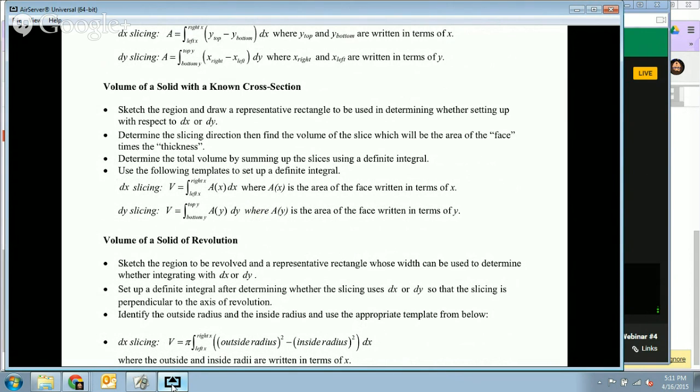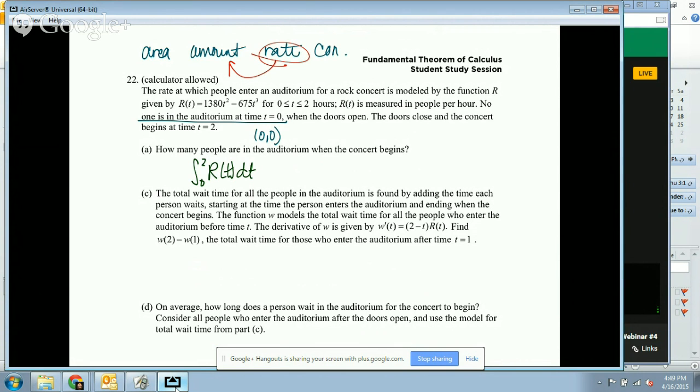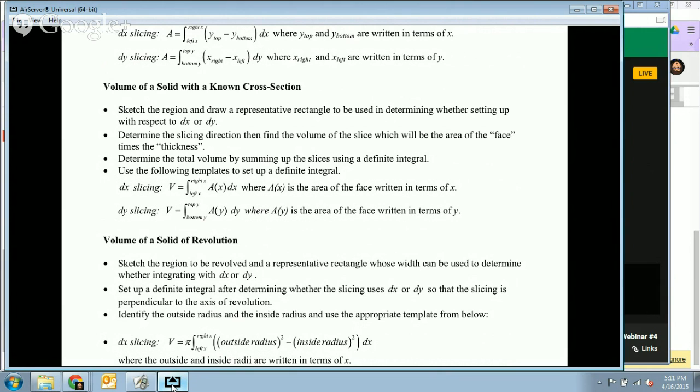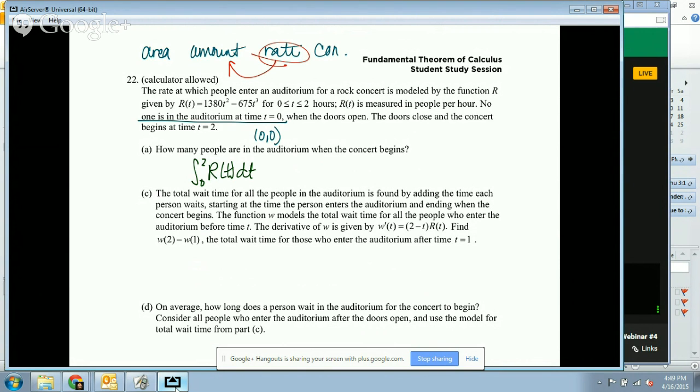I actually like to think of volume as a 3D figure. And so you know that your 2D is the area, and your integral takes care of that volume piece, or I should say your 2D is your shape. So for example, you've got this integral with dx. So that's kind of how I think about it. That's why I made sure I took a look at that. So then I just get